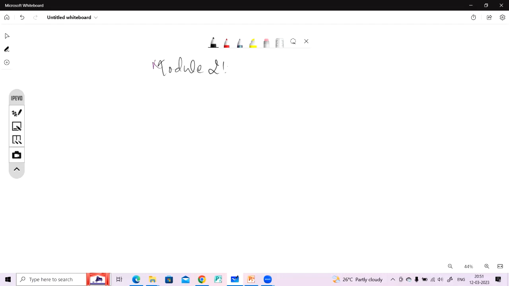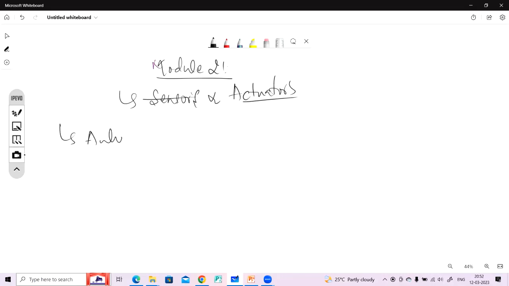Module two tells about sensors and actuators. Okay. So here we'll discuss in depth automotive control systems, applications,